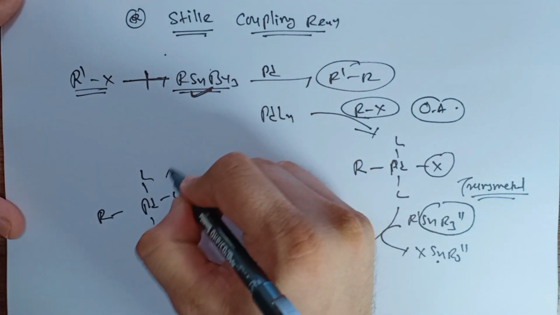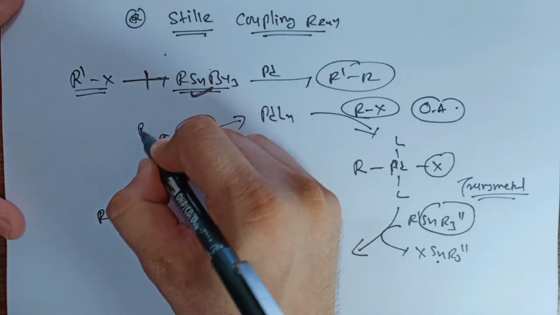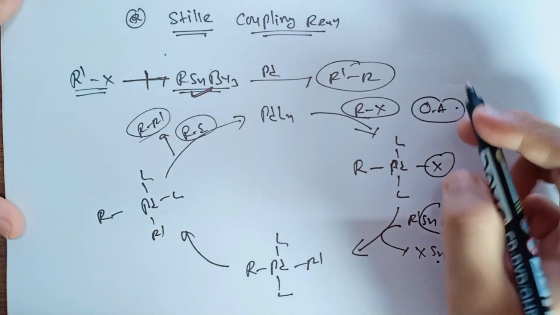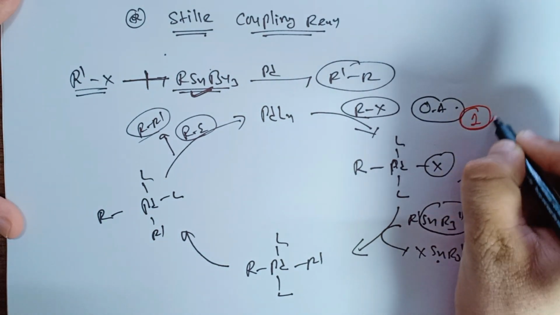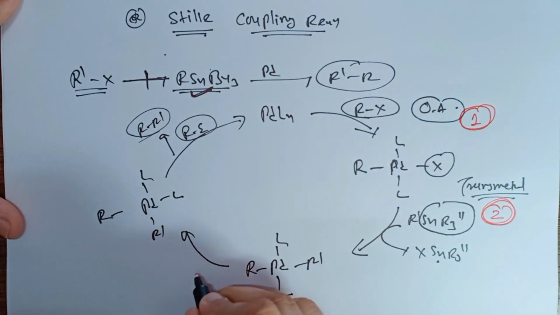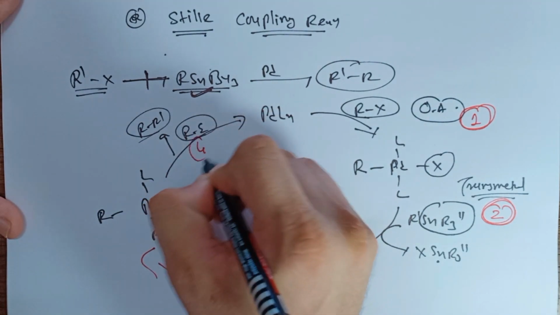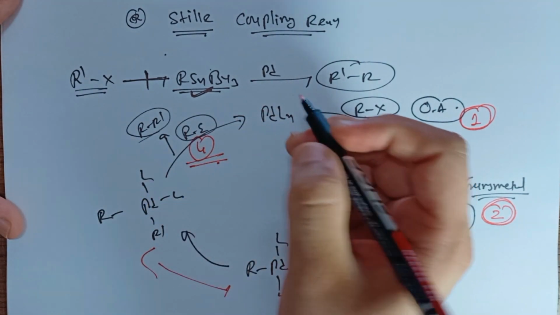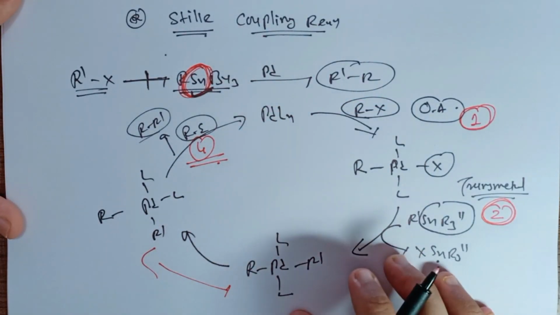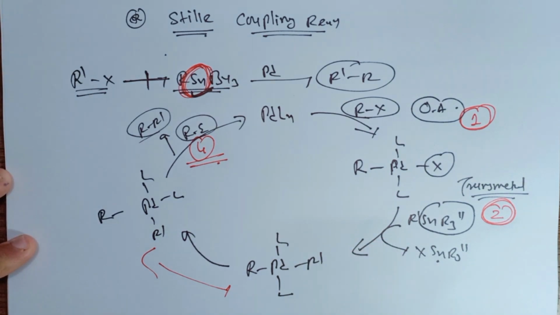So now by the help of the last step, that is our reductive elimination reaction, we can produce a R-R dash product. Okay, so now in this reaction you will find that this is our first step, the oxidative addition reaction. Second one, that is the transmetallation reaction. Third one, that is isomerism from the trans to the cis. And fourth one, that is the reductive elimination reaction. Okay, again you have to remember that this is a tin derivative compound. Okay, so now this is our seventh reaction, that is the Stille coupling reaction.